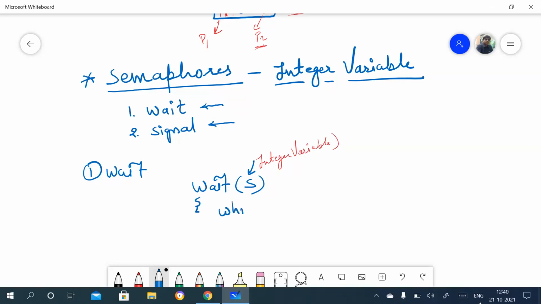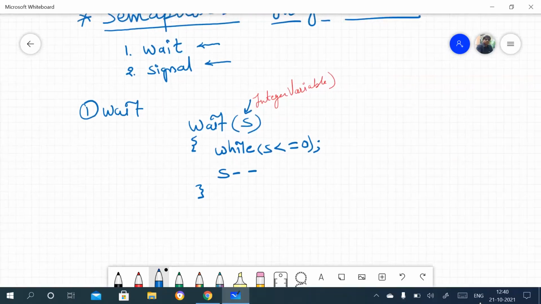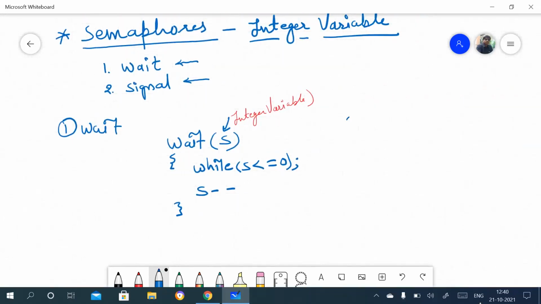Here, while S is less than or equal to 0, and here there is a semicolon. And then S minus minus. This is for wait, and for signal I'll just write here, as this is again an integer variable.